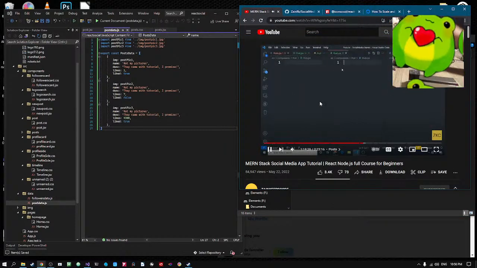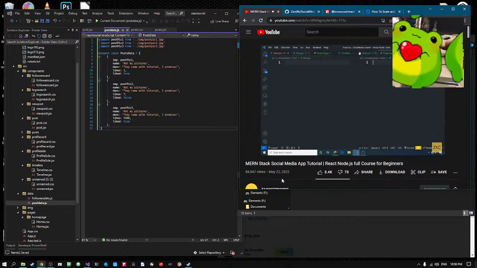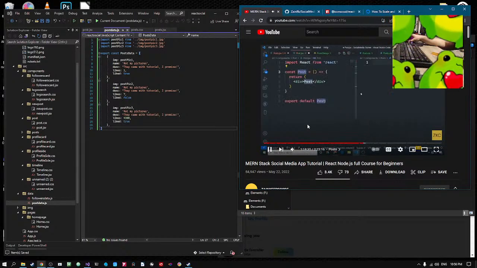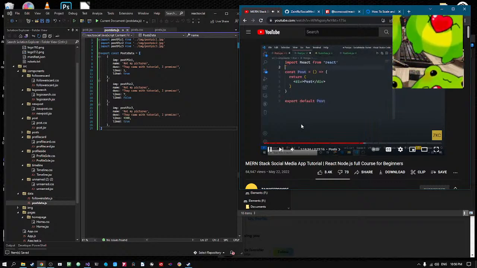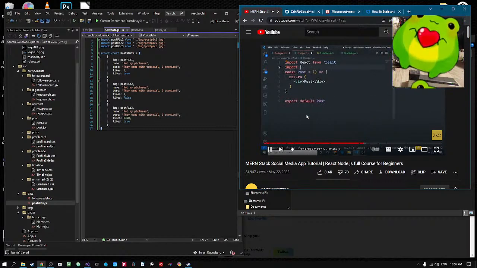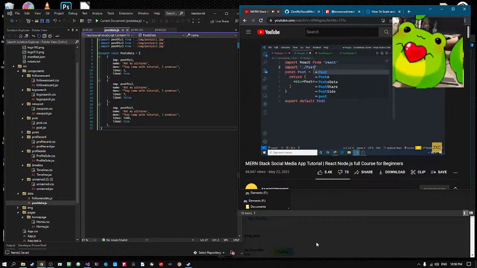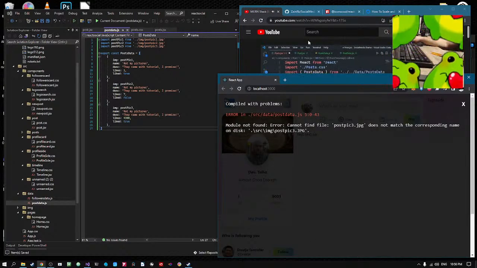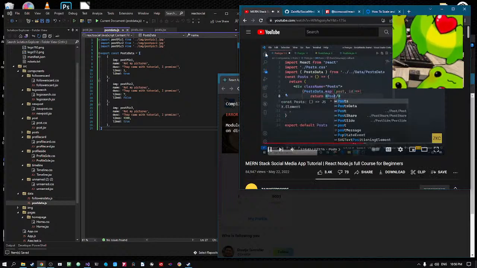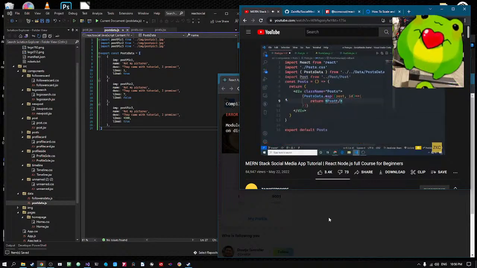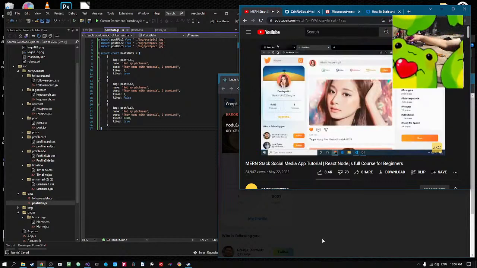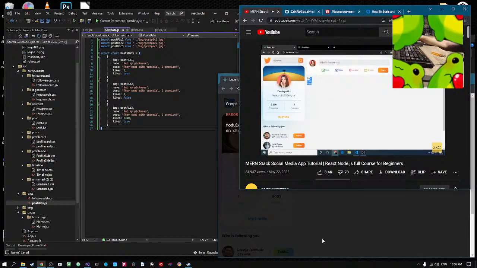On the right side, just like this, and RAFCE like this. Now imported CSS first because I generally forget it. Post.css. Okay, now let's save it, and here I have to import this again. So this is the post, yeah. So now just save it and have a look at the application. So you can see that here I